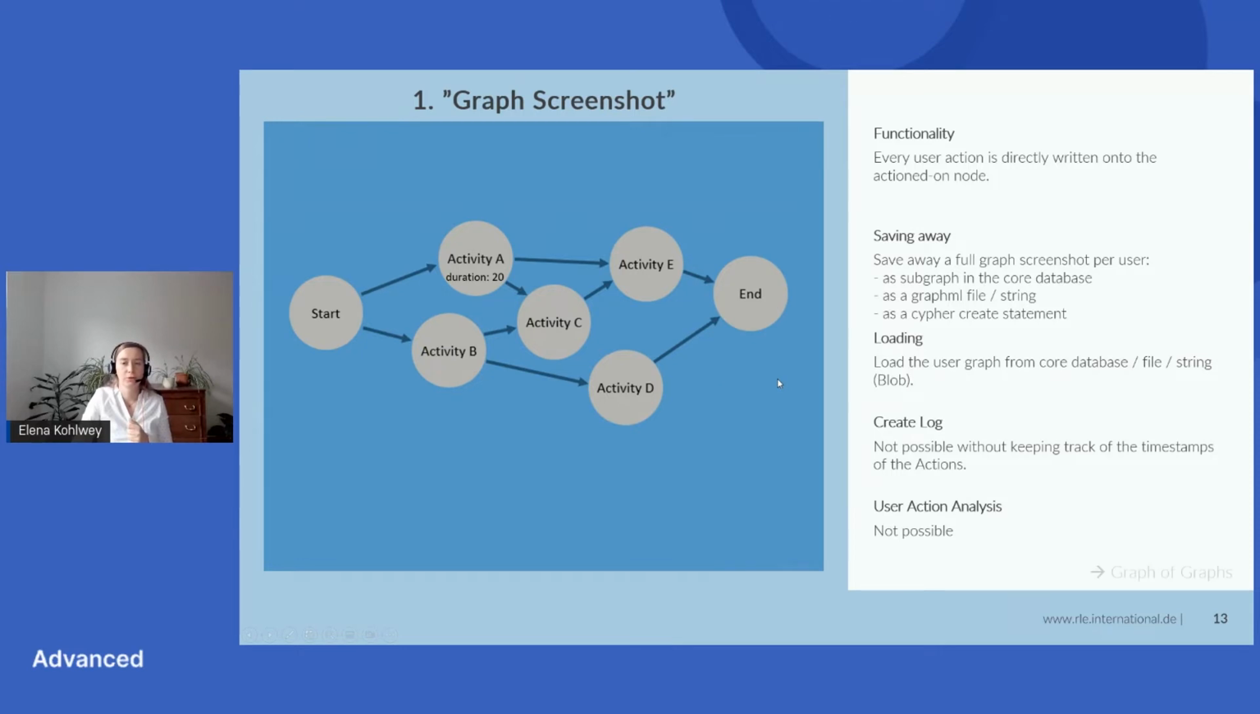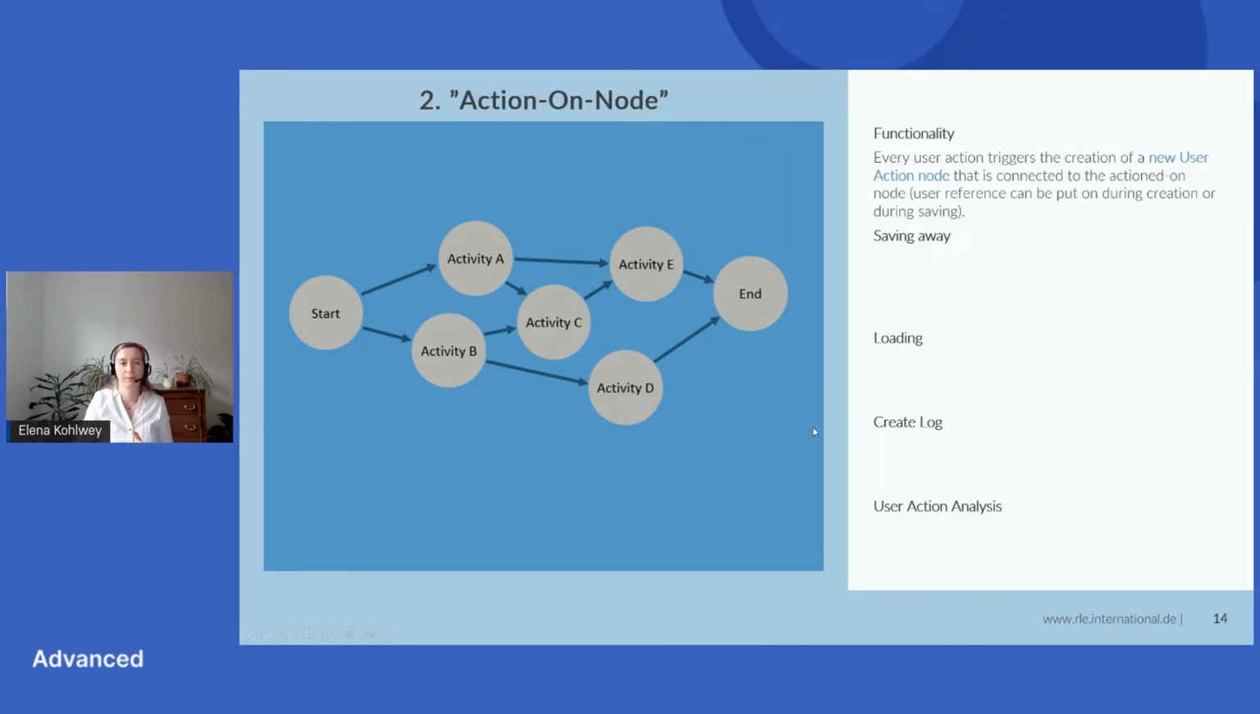Let's look at the second solution that you could think of. This is the action on node solution. So basically what we're looking at here is, again, the two changes that we saw in the first solution. So the user changes the duration of activity A to be 10. What we then do is we add a node, which is a user action node,